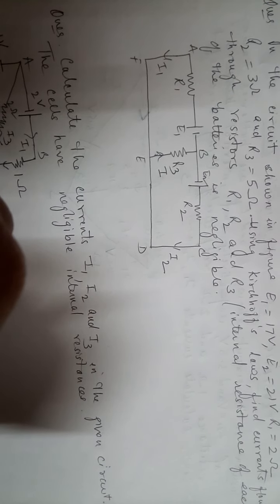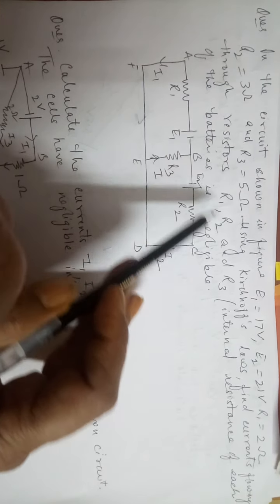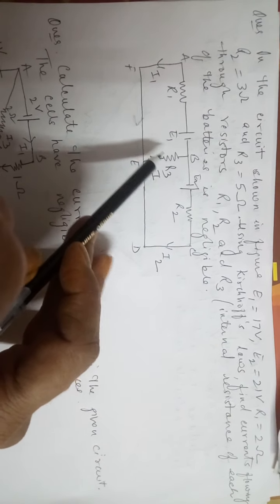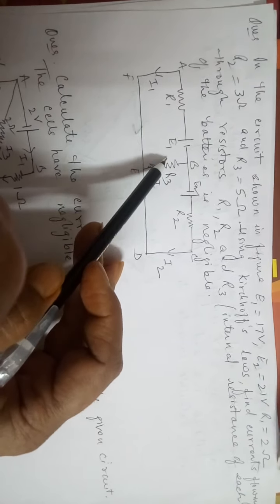Before we start with the numerical problems, let us just recapitulate what we did in the previous class for Kirchhoff's law. We have the loop rule and the junction rule, and we will be applying both the rules in this particular circuit. Generally, there are circuits which we find difficult to do with the simple treatment. Like in this circuit we have two EMFs, E1 and E2, and we need to find out the individual current.